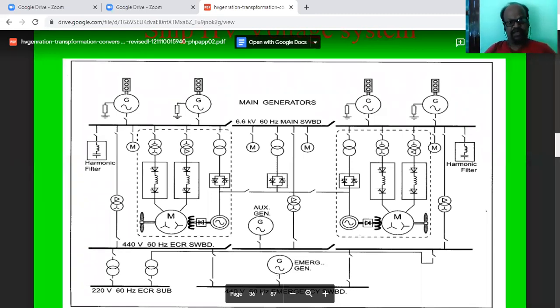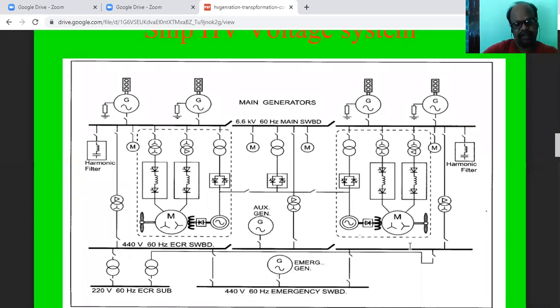That is the layout. In any ship, this is a basic layout of a high voltage system. We already theoretically saw the need of high voltage, and why there is a circuit breaker, how a bus bar and so on